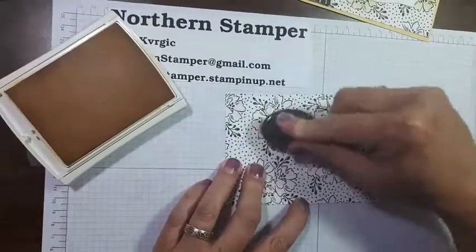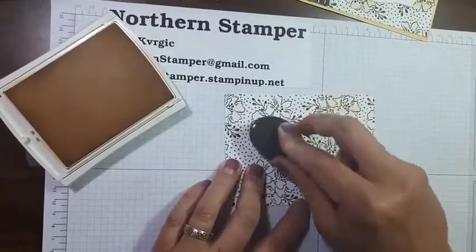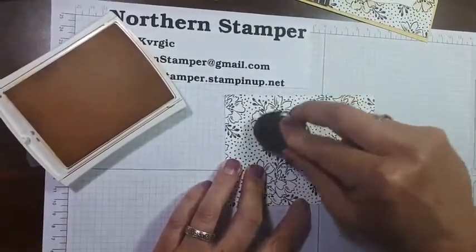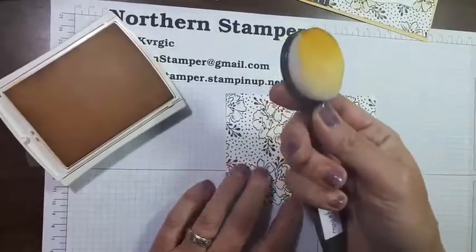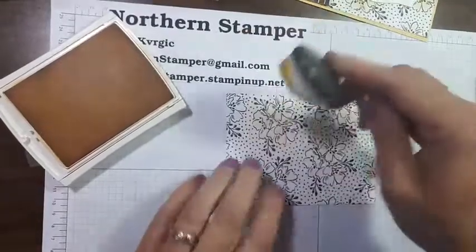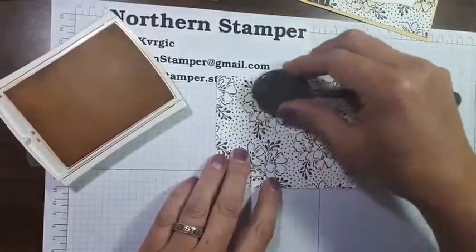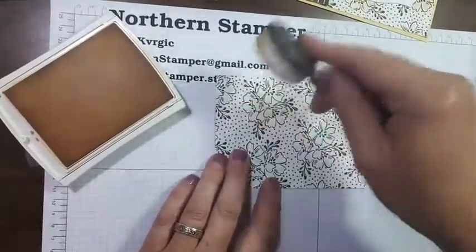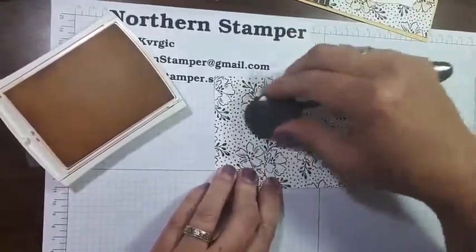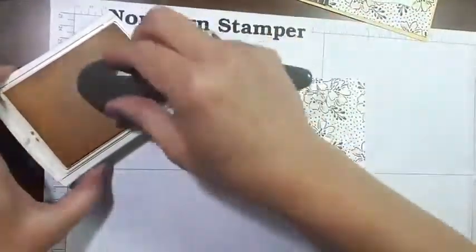And I keep a blending brush for each color family. So anything I use with yellow, I'll have this one, just for yellow. The color doesn't seem to transfer. So if I put it in blue, the yellow won't transfer that much. But I like to keep them kind of separate,